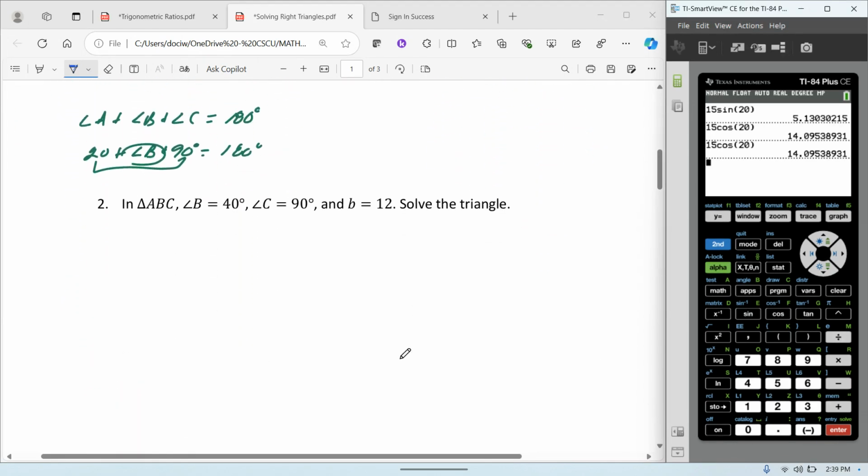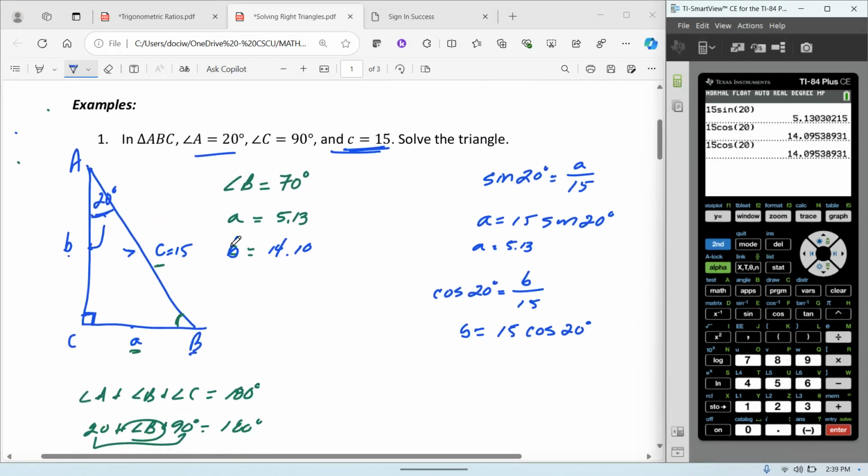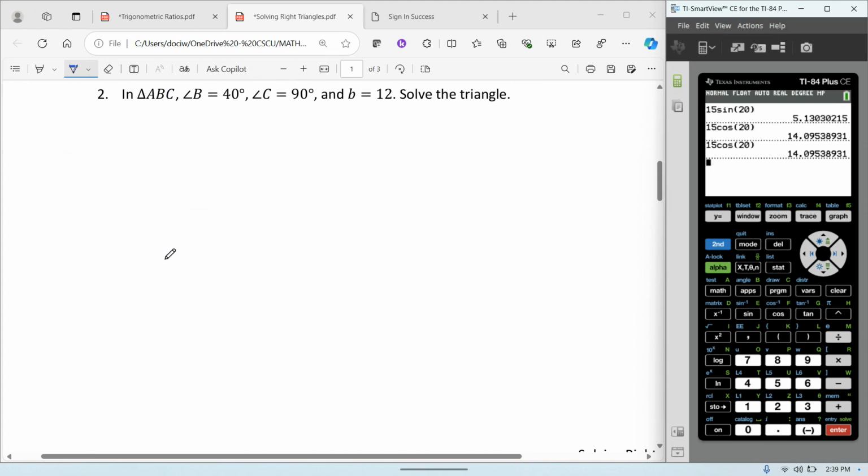Let's look at a couple more examples. Okay, I've tried to come up with different examples where I'm given slightly different scenarios. Okay, so in the first example, notice I was given an angle. In addition to the right angle, I'm given an angle and the hypotenuse. So in example 2,